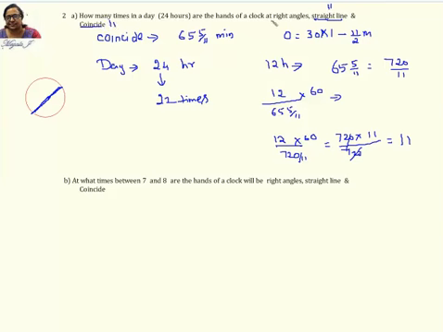And now the next one is right angles. How many times will they be at right angles to each other? Think, like how the lines are going to be. When do you get this right angle? See, imagine, take some time here. Like we will consider this as 2 o'clock. Let us not consider this. I'll just change this.